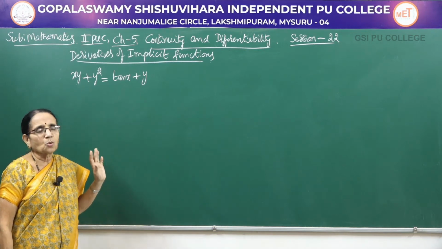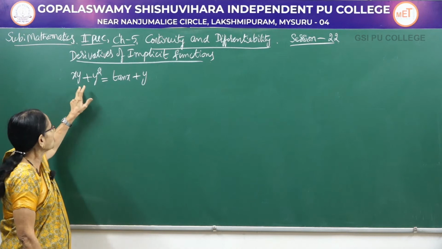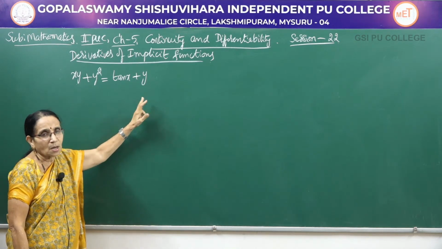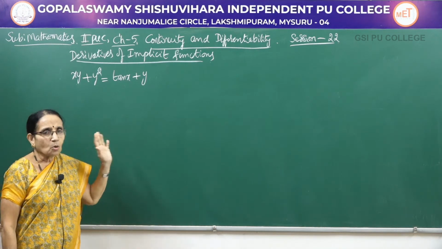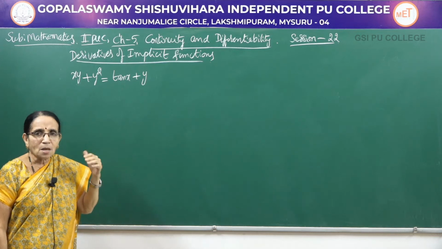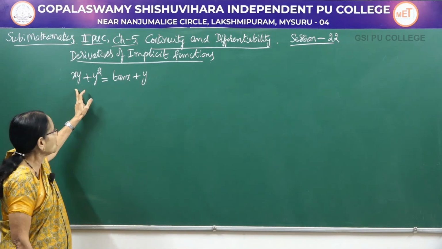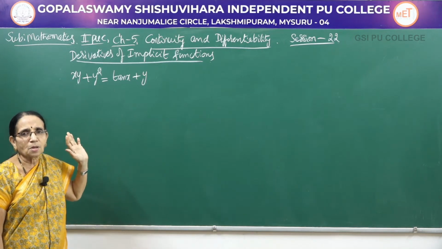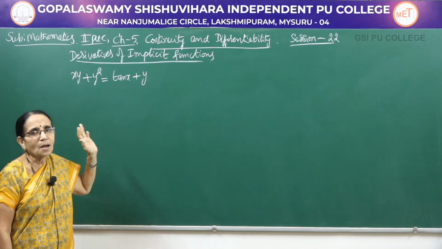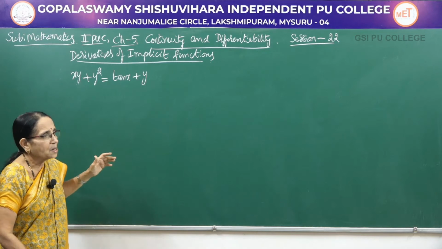There are 4 terms, 2 on the left hand side, 2 on the right hand side. Here xy contains y, y square contains y, and the y on the right contains y. So, when you differentiate, on the whole you will have 3 terms having dy by dx as a factor. Then you have to combine them and then we can get the value. For xy you have to apply the product rule because it is in the form of a product. For y square you have to apply the chain rule because it is a composite function. These two basic functions you can directly differentiate.